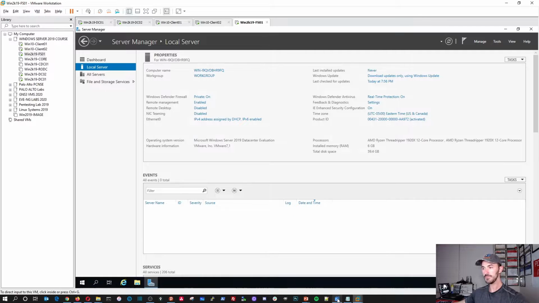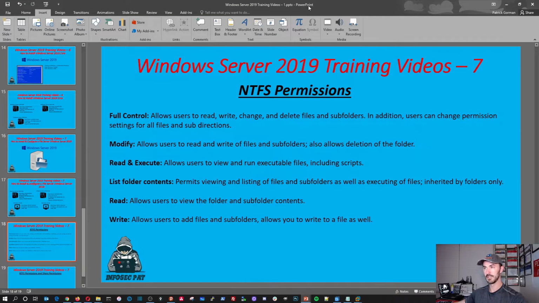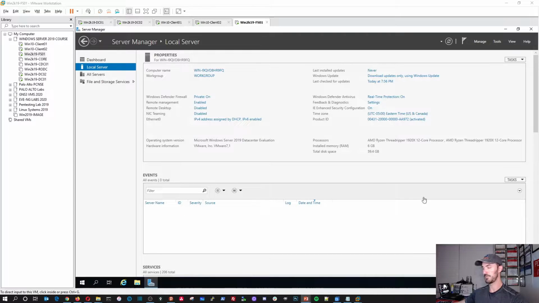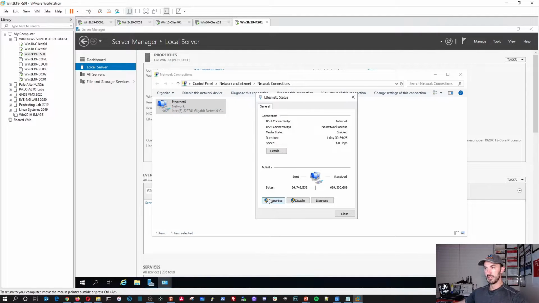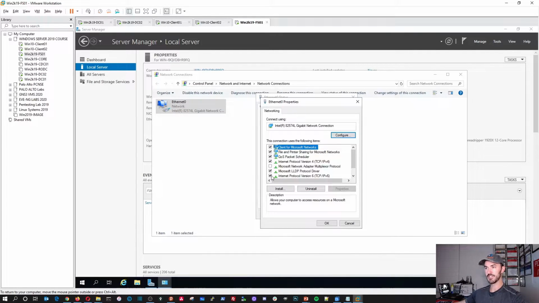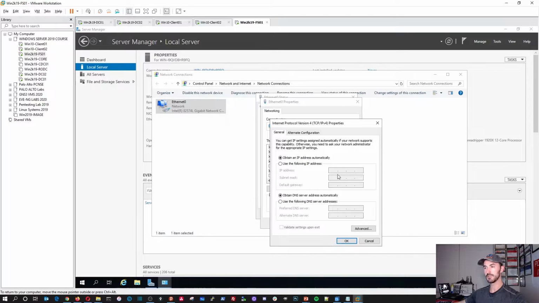Let me open this up so I remember my IP settings. First things first, we're going to assign an IP address to this server. Let's disable IPv6 and open up IPv4 settings. The IP address is 192.168.50.206, the gateway is 192.168.50.1, and the DNS servers are 192.168.50.201